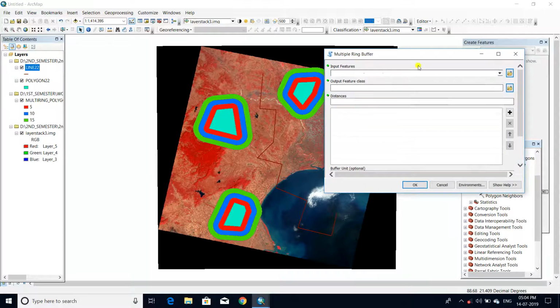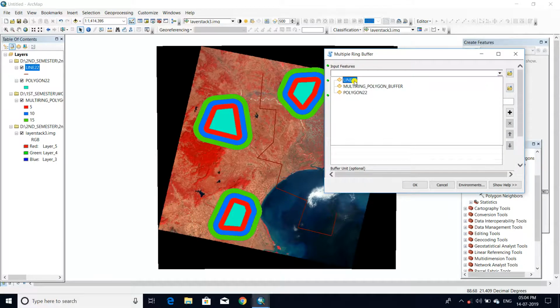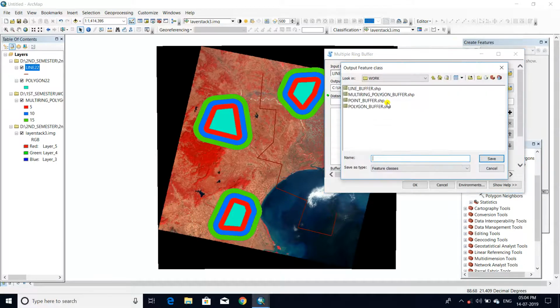Multi-ring buffer, give the input in line, multi-ring line buffer,